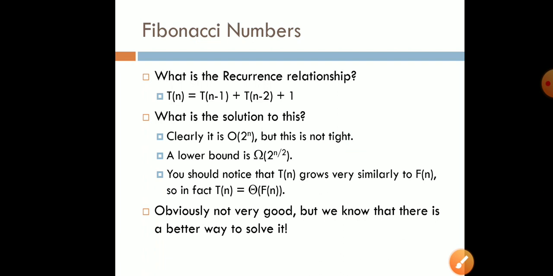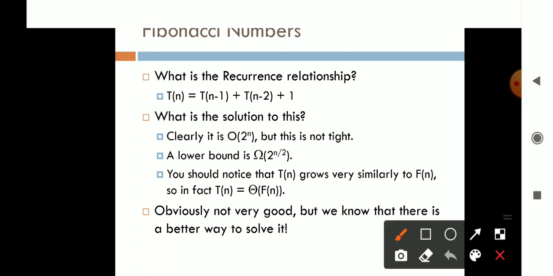So if we are talking about the nth number or nth term, it will have the complexity that is 2 to the power n. Exponential will be there. So that is what the big O. Now in best case, actually we are going to find out 2 to the power n by 2. Means at least half of the numbers will be in the exponential for the best case here.